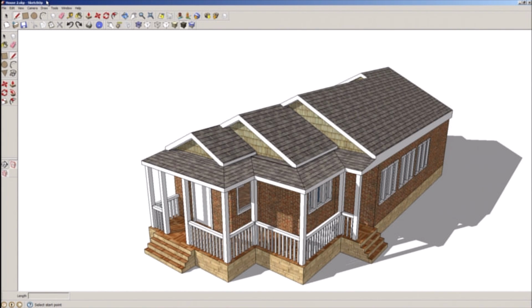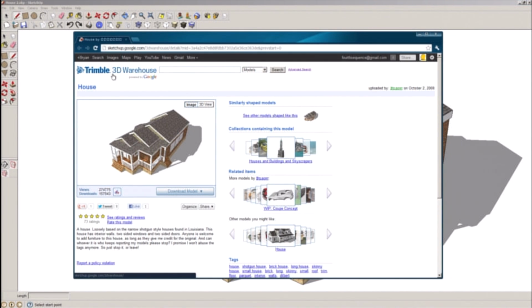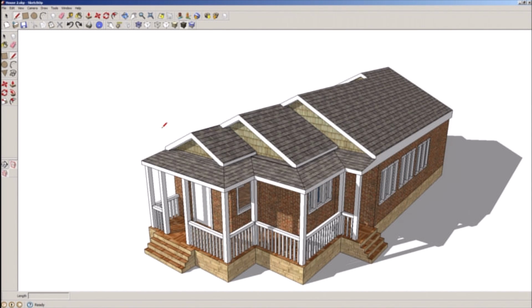So what you see here is a house that I've downloaded off of the SketchUp warehouse, and my hope is that this isn't too dissimilar from projects that you might have. As a beta user, I'm assuming that you have a working knowledge of SketchUp, and that maybe you have some projects like this somewhere on your hard drive that you would like to try bringing into the client yourself. So I'm going to show you the process of preparing the model in SketchUp, and that process